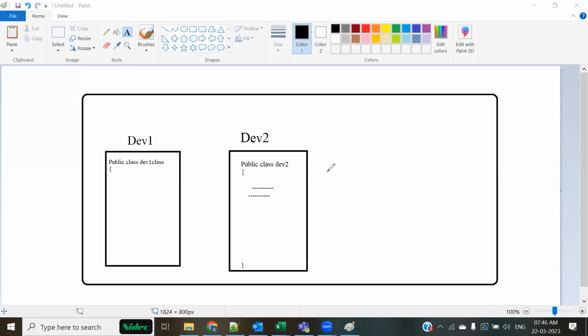When it is a public class, first of all understand access specifier, then we are going to understand with sharing and without sharing. When the access specifier is public, you can refer to this class anywhere within this boundary. If this is your organization, for example,